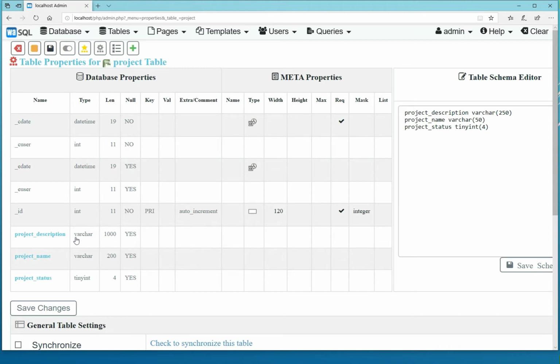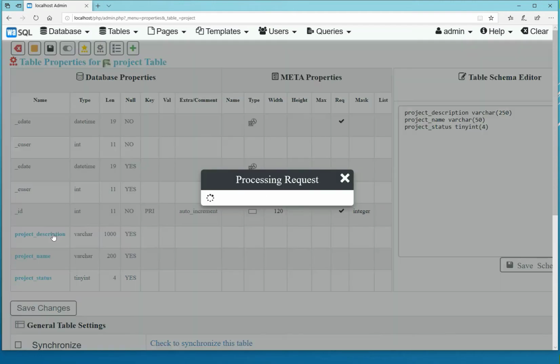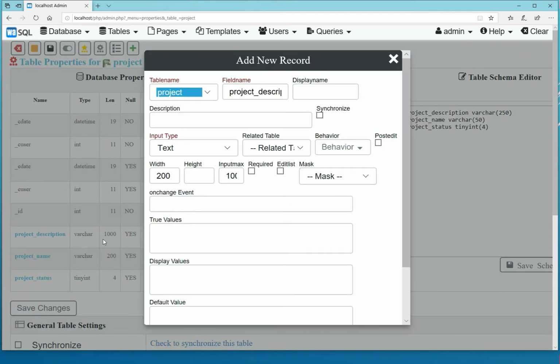But we have a project description, and it's a char, has the length as 1,000. That's the form size. Yeah, it was all right. But we can change this when we show it on the screen. We just want to use the word description. We don't want it to be project description. And